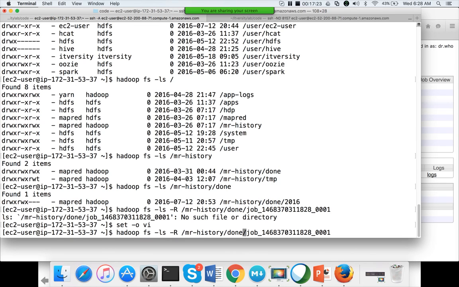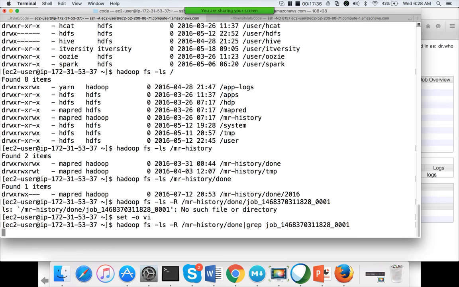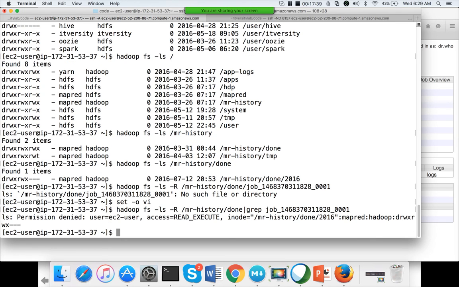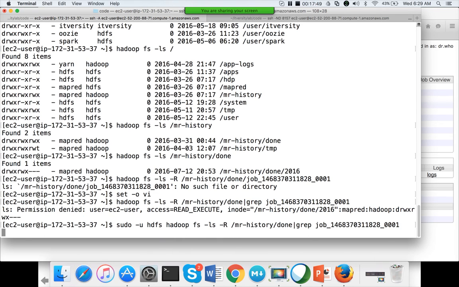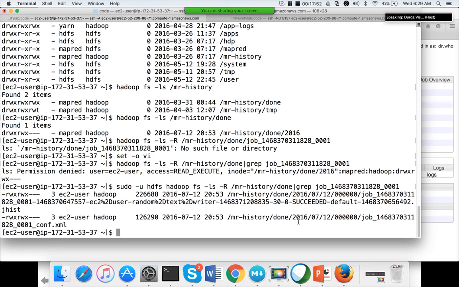So recursively search mr-history done, and then pipe it to grep for this job ID. Okay. So you can see this is the location where you will have the details about the job.